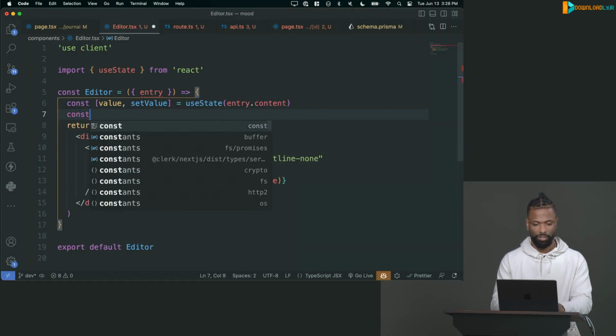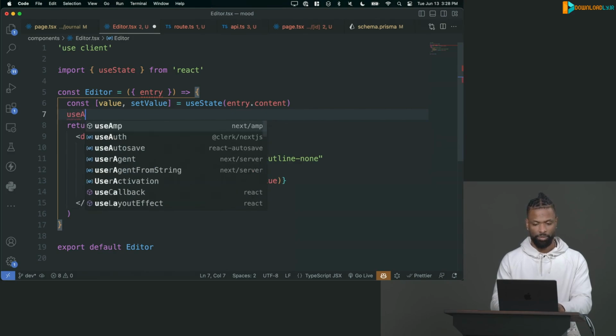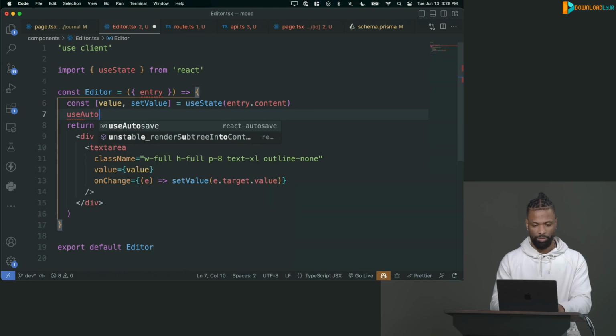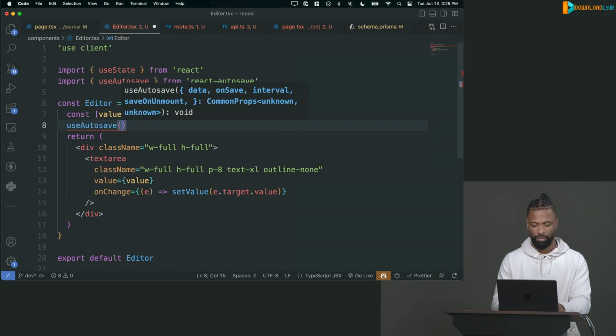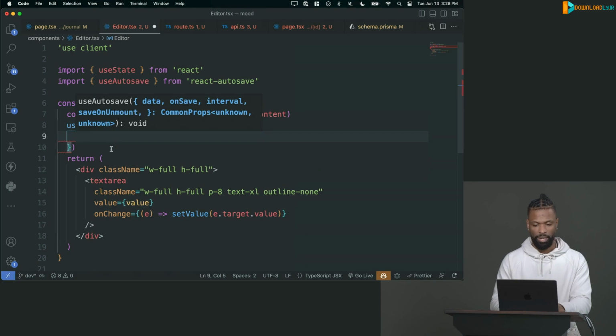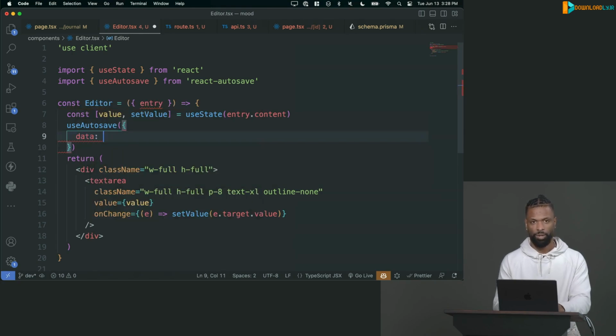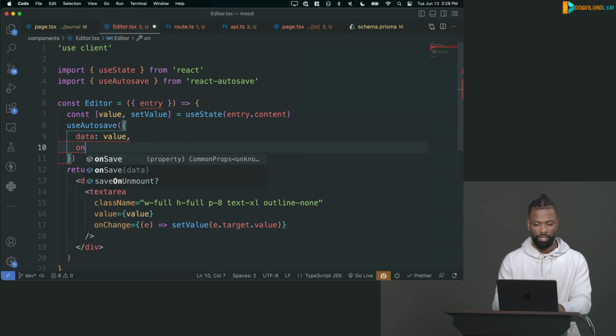So I'll say useAutosave like that. You can bring that in. It doesn't have a return value, so just an object like that. And then the data prop. So what do we want to watch for changes? Well, of course, the value. Whenever the value changes, because that's the thing that's being changed on change. And then onSave,